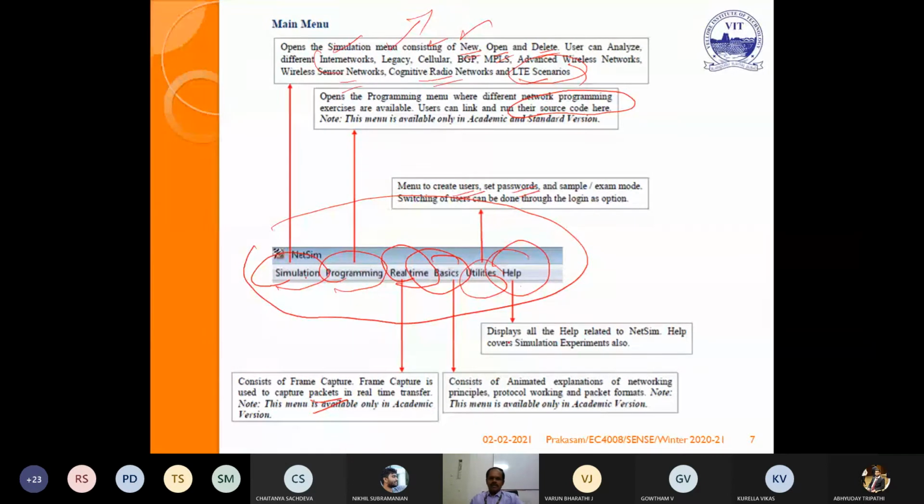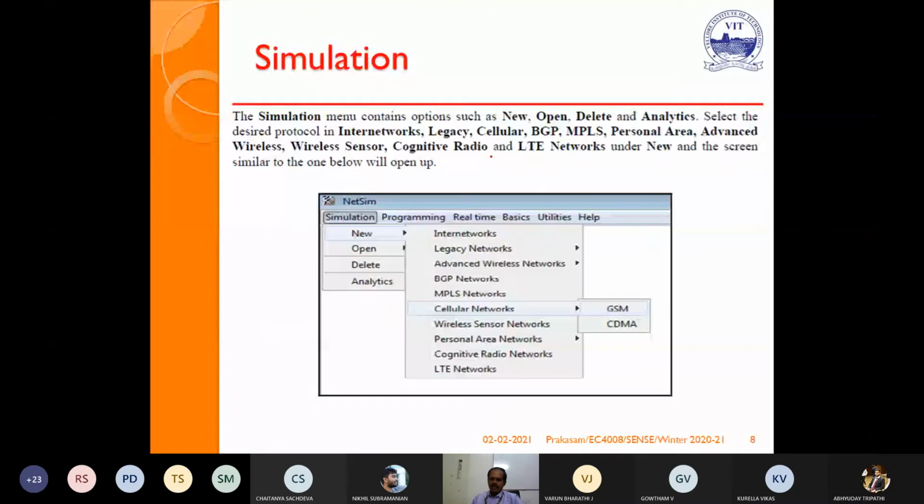Then in the simulations, I told you it contains new, open, delete, and analyze. You see this, it contains many different networks, internetworks. Legacy is the old legacy CSMA/CD, or advanced wireless networks, cellular networks, even personal networks, the CR and LTE networks.